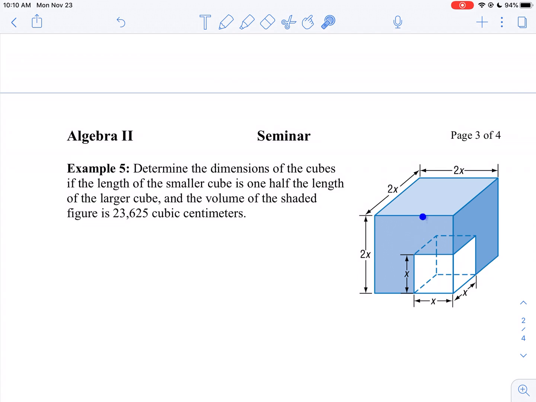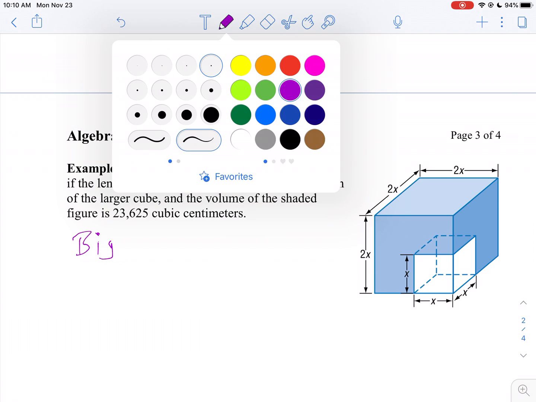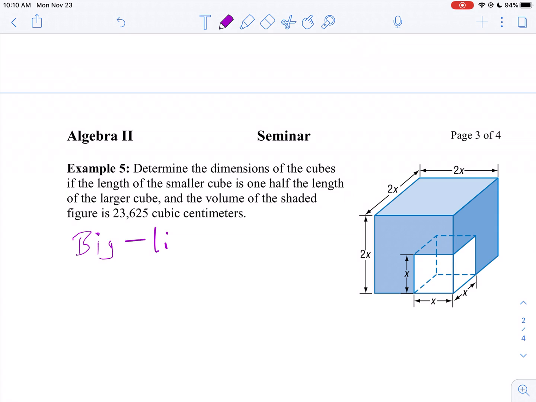Well, how do we get the shaded region? Well, we're going to take the volume of the big cube. I'm going to subtract the volume of the small cube. And then I'm going to get my shaded region. So let's do that. I think I'll write that. So it's big minus little. That's going to be